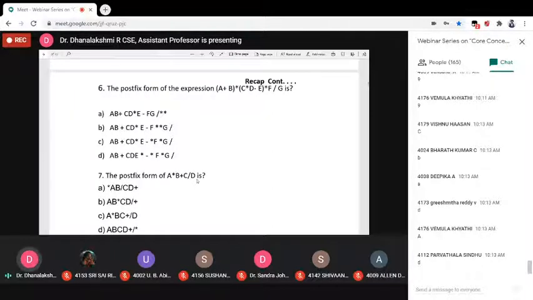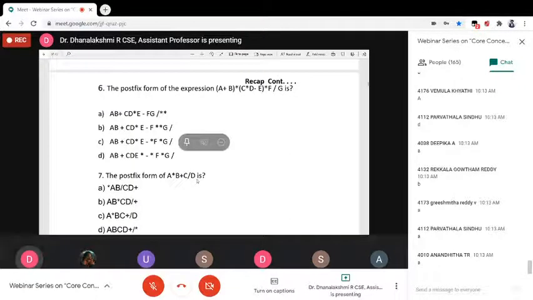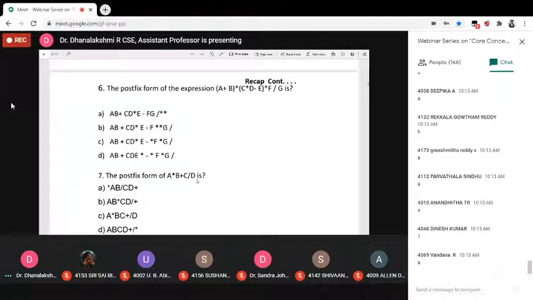Sindhu, once again you have to verify this answer. Sindhu also verify. Now you have to do the expression, do the pop operation properly. You have to consider the operator precedence rule inside this parenthesis. Already I told you. If parenthesis occurs, what do we have to do? Everything we discussed in the last class.